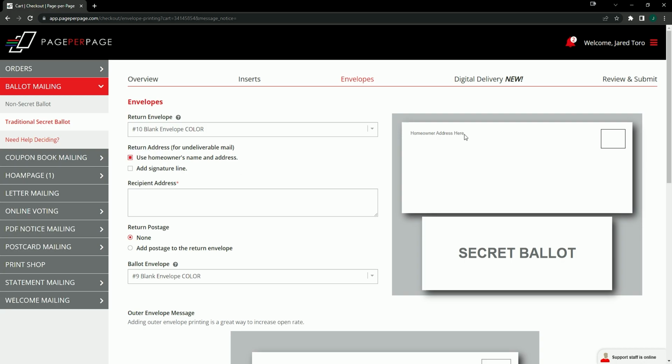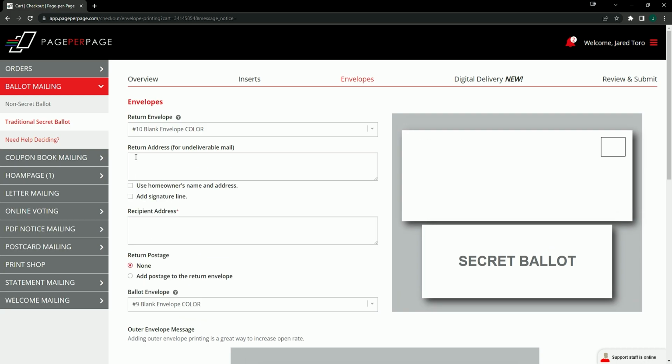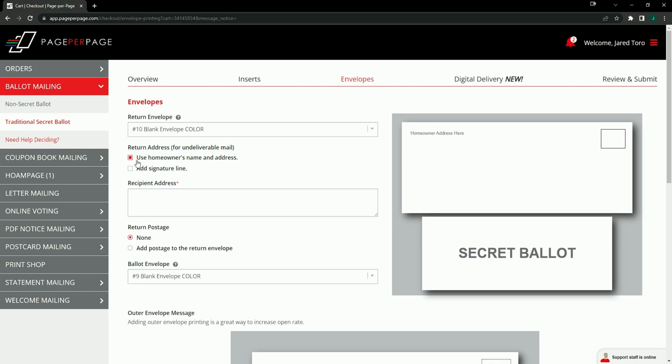The return address portion, upper left-hand corner of this envelope, you can choose to use the homeowner's name and address for identification purposes. If you do not need that, you can type in a static return address. But I would say the most usual selection would be to use the homeowner's name and address for identification purposes. You can choose to add a signature line. And here is where we will input our